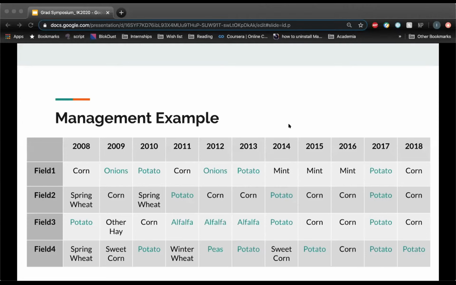So here's an example of an 11-year rotation for 4 fields. And because Pythium has such a wide host range, it's possible that pretty much all of these crop types could be affected by it, or that they could be hosts. And out of the crops shown, the ones that are in green are crops that mefenoxam could be applied to. So that's onions, potatoes, alfalfa, and peas. And that's just out of this example. There's a really high number of crops that mefenoxam is applicable to.